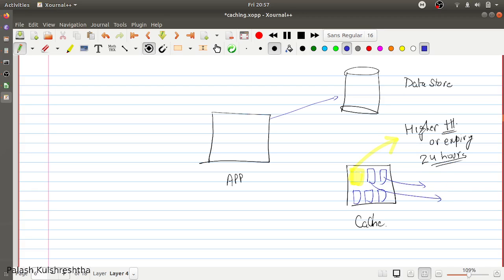So here we are not applying similar expiry configuration to all the keys. We are giving some extra advantage to the important keys in our cache. So this can be handled by the application.